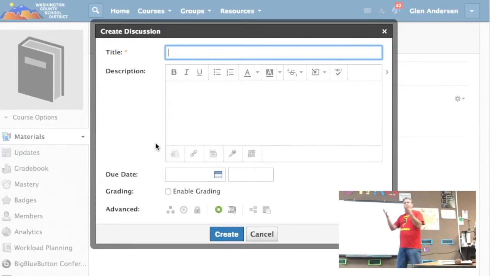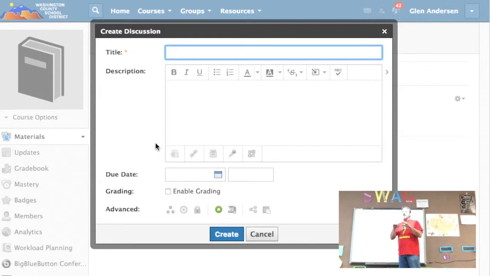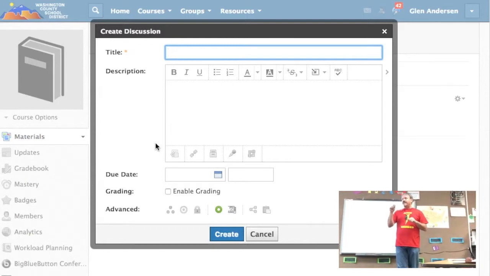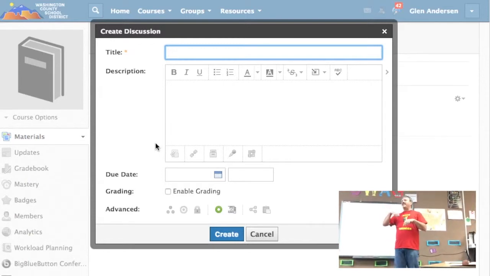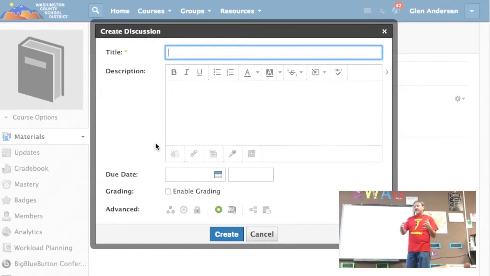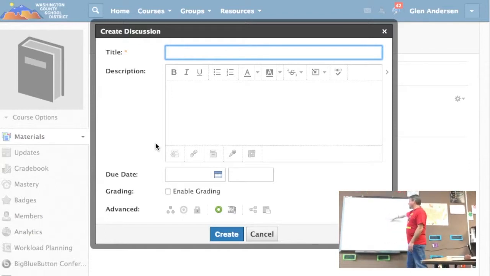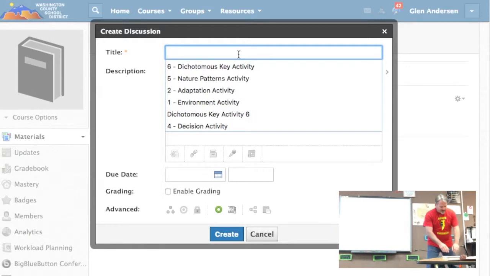One thing that's nice between the two is if there's an assignment, when the kids go and do a submission, they can actually save a draft. If they save that, then they can come back to it later. So if a kid doesn't turn something in, go in and see if they saved a draft instead of submitting it. But as a discussion, it looks exactly the same. The difference is if we're going to do this on,